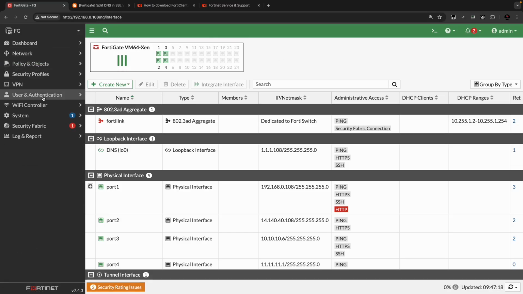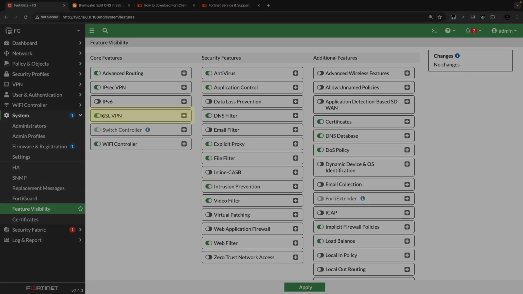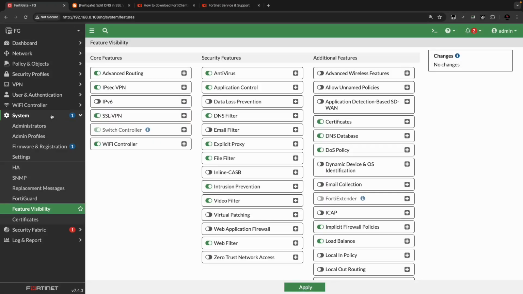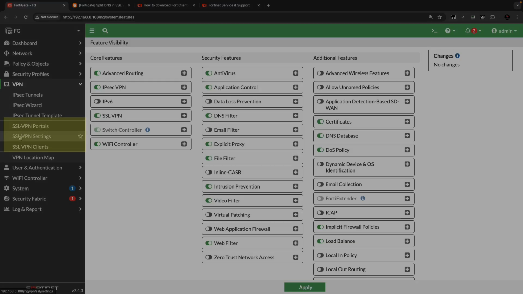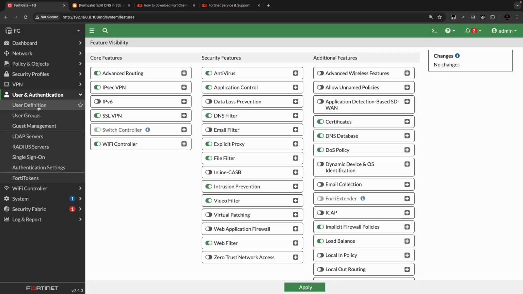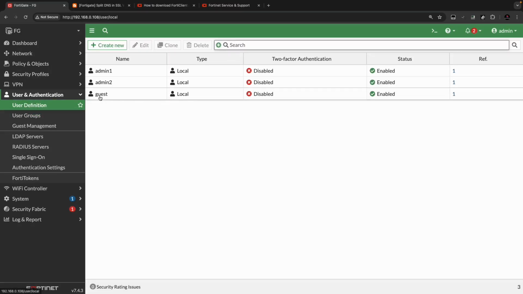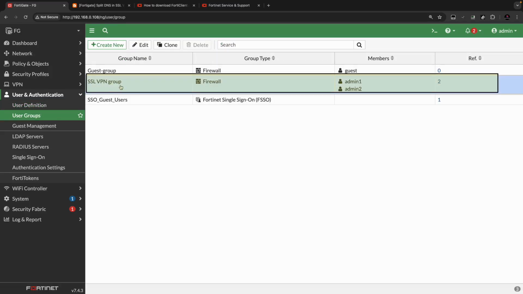So first of all, you will have to go to System, click on Feature Visibility, and enable the SSL VPN from this tab. Once done, you will start seeing the SSL VPN portal, SSL VPN settings, and SSL VPN client options inside the VPN tab. First, I'll show you that I already have the users created, admin1 and admin2, and I have the user group SSL VPN where I have added admin1 and admin2,